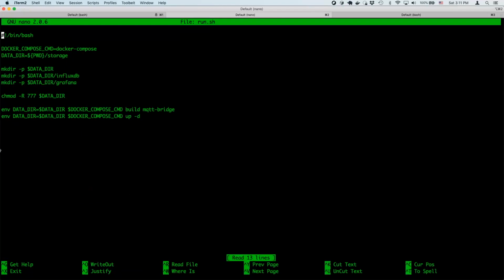And the run.sh script actually does two things. At this line, it's building our MQTT bridge. It means that it creates a Docker image that we can later on start and use for our demo. And this second command actually starts